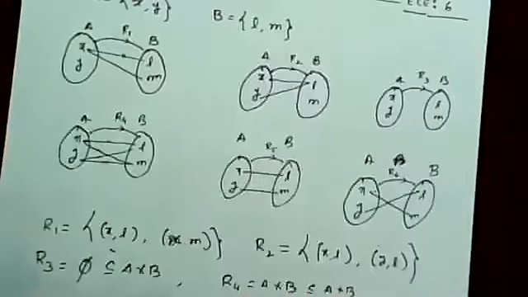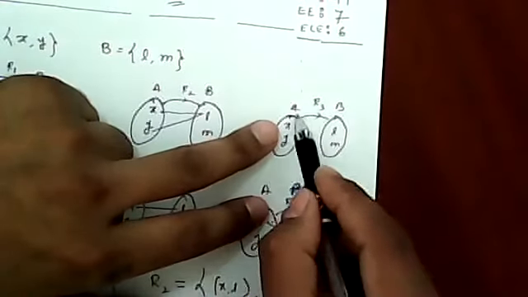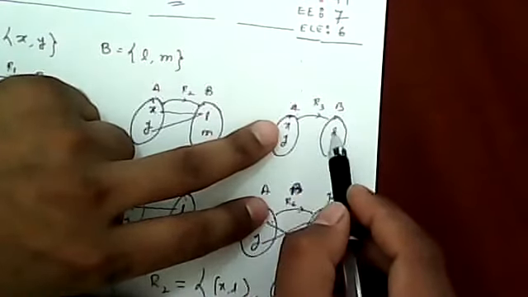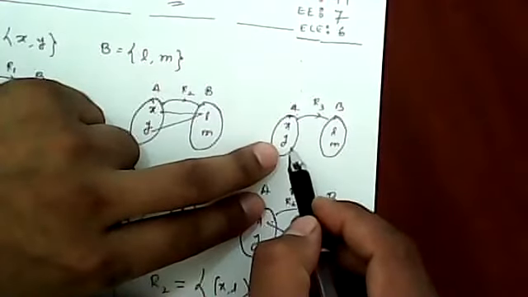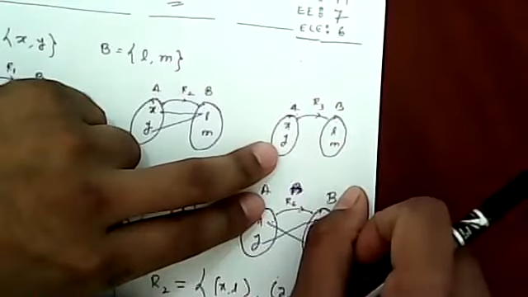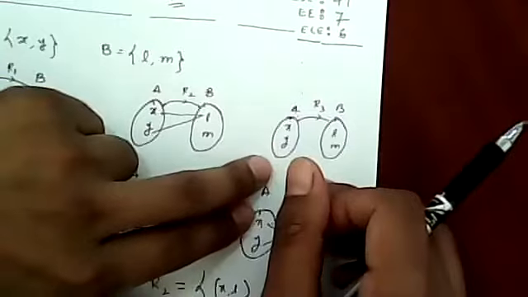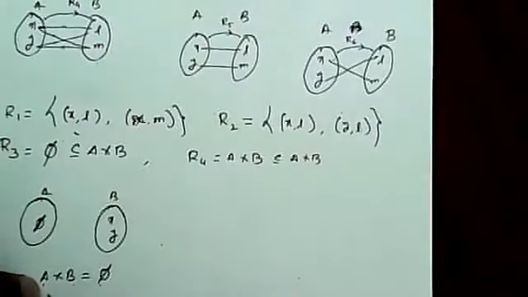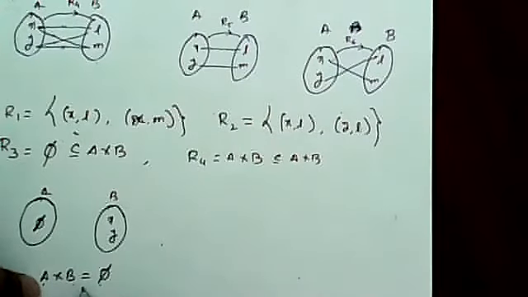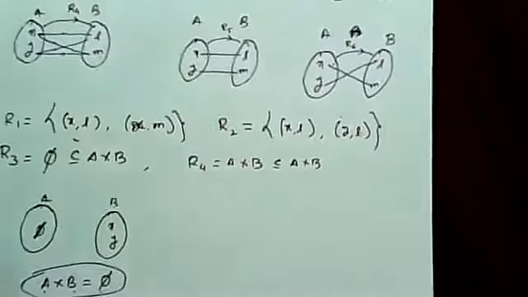In this case, although we have two rooms, room A and room B, the condition was that there are no connections. His question was whether a Cartesian product of A and B can be equal to phi sometimes. In case of equal, one of them should be empty. This is the question from Cartesian product, not from the relation, by the way.